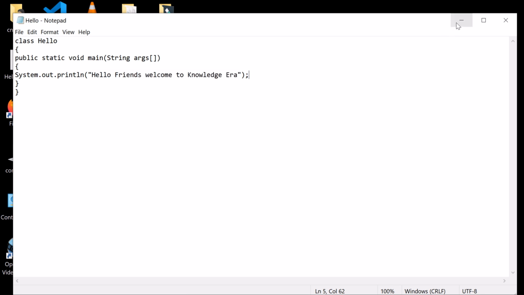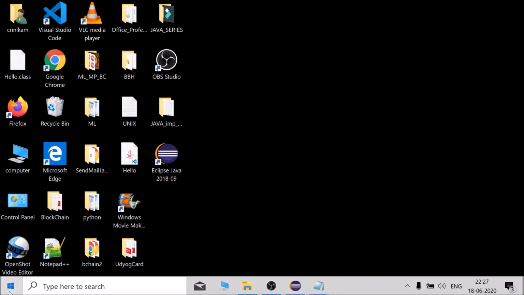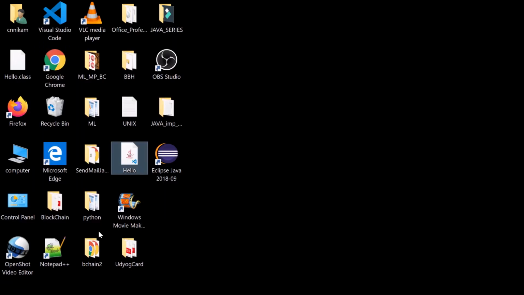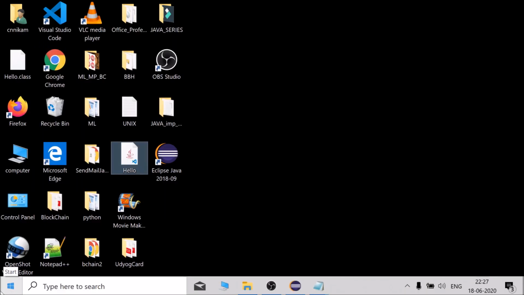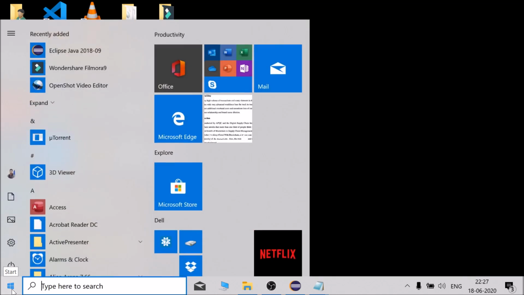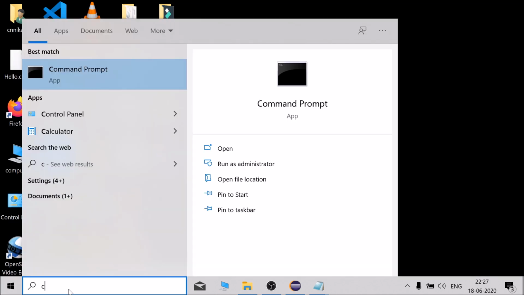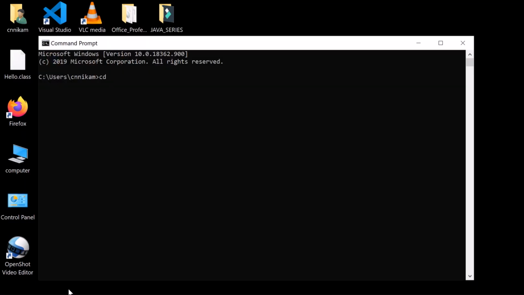Now in order to print that text I need to execute it, right? So in order to execute this file I will use the command prompt, and inside the command prompt, after going into the desktop, I need to type this command javac hello.java in order to compile that file.